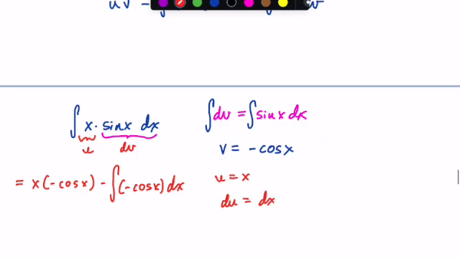Let's try it again with another one. This is a pretty common one. Let's do t squared e to the t dt. Now, in this one, I actually could choose either one of those to be my v and either one to be my u. I know how to anti-derive both. I know how to derive both. So when